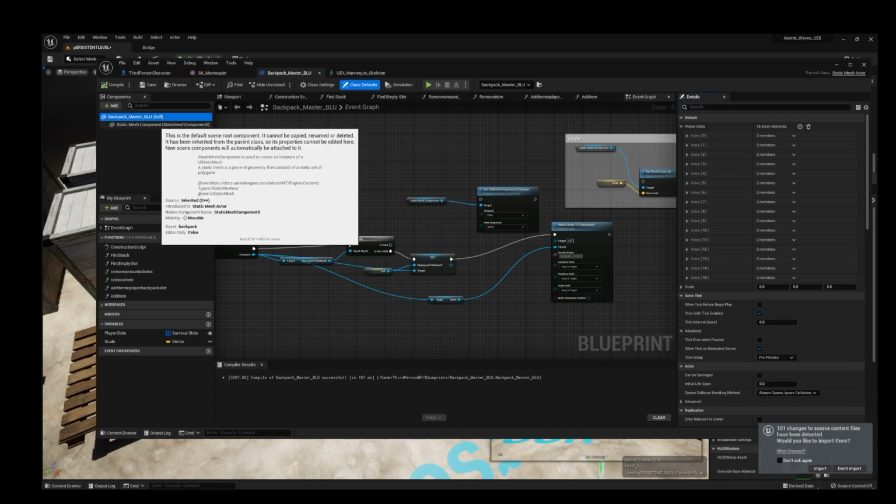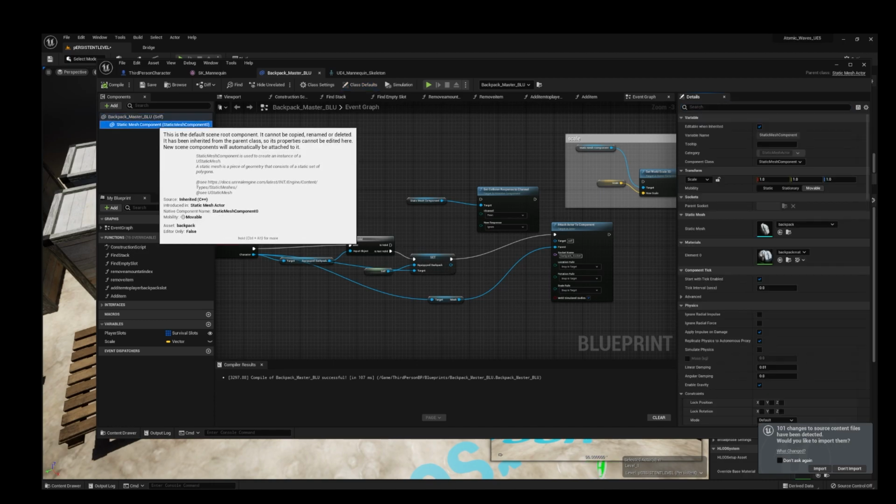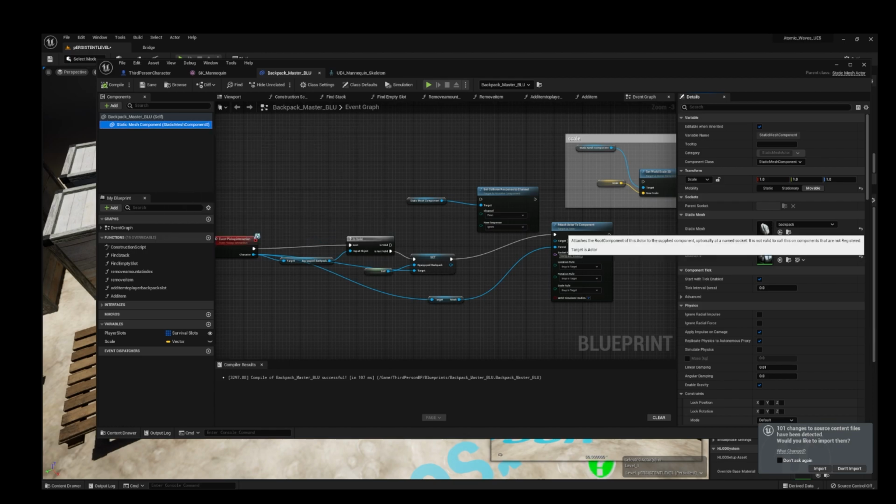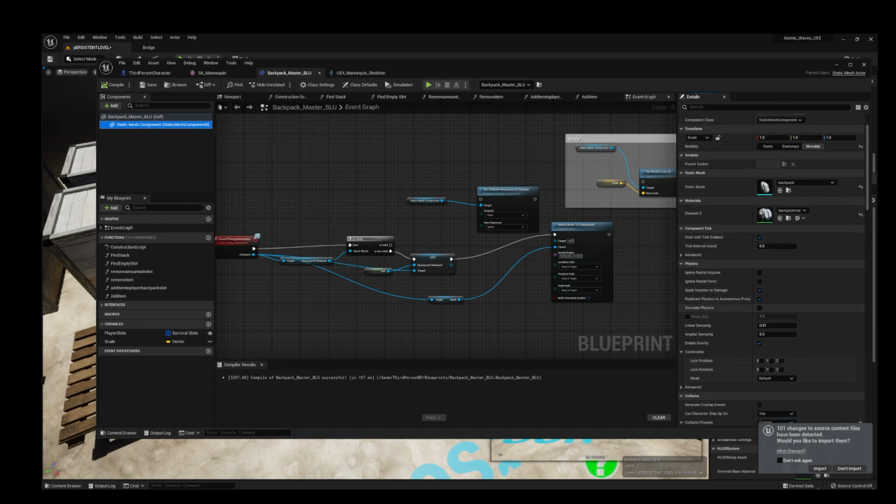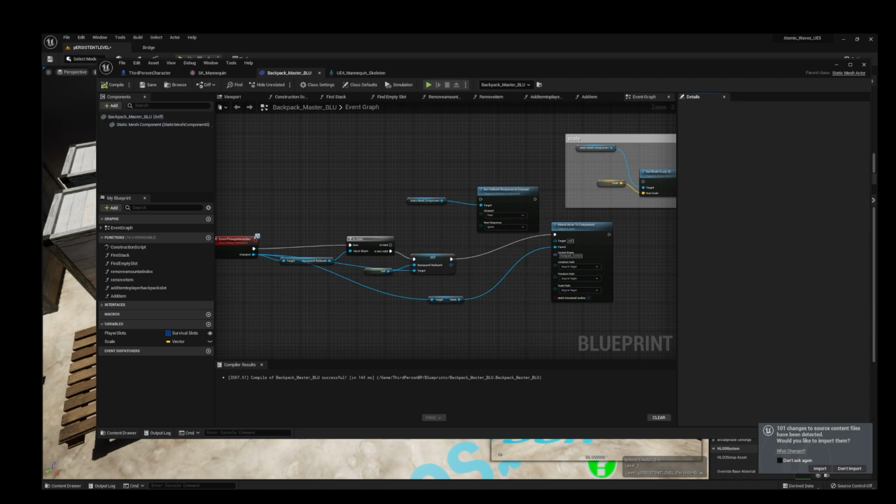Sorry, I mean, go over to our static mesh component. My bad. We're going to go down to physics and hit simulate physics. Compile, save.